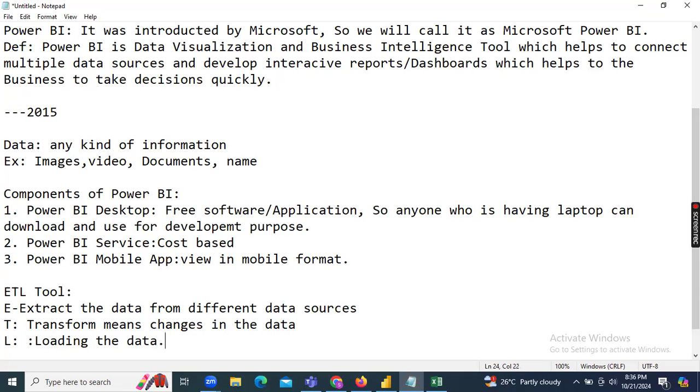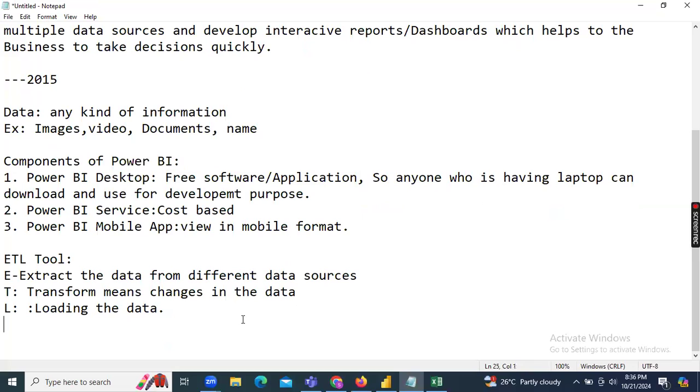So let me explain, guys. Before coming to Power BI, Microsoft had the MSBI stack, which stands for Microsoft Business Intelligence.